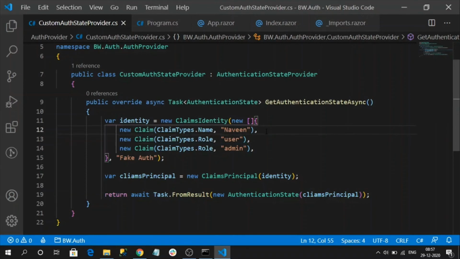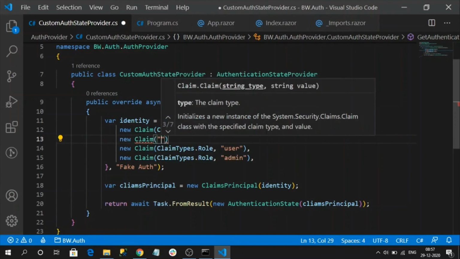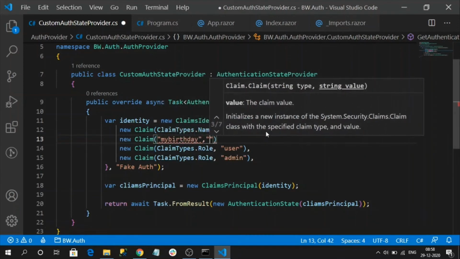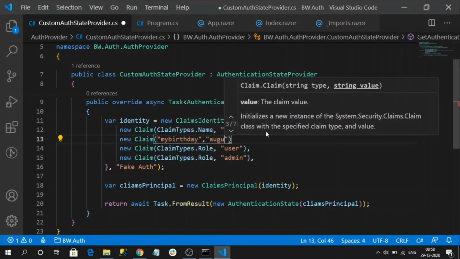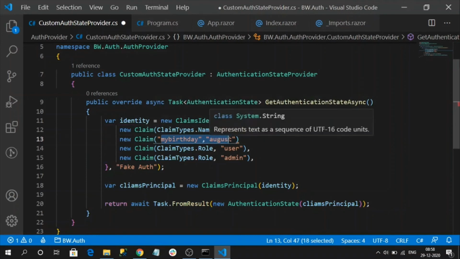If you add my birthday, this is also a claim. My birthday is the key and August is my value. Based on this key value pair also, we can authenticate the user.